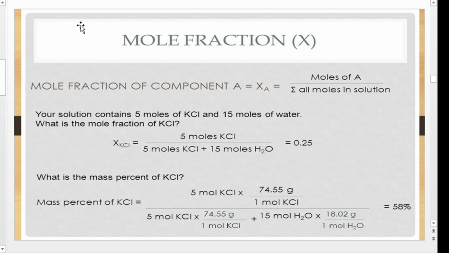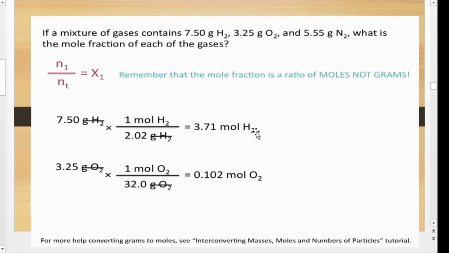Suppose we go for a question. In this question, there are 5 moles of KCl dissolved in 15 moles of water. If you want to find the mole fraction of KCl, it will be moles of this upon the total number of moles. It is a binary mixture, so I am taking the total. Fine. Moving to the next question. Again, they can create a variation by not giving you moles directly but putting it in the form of masses.